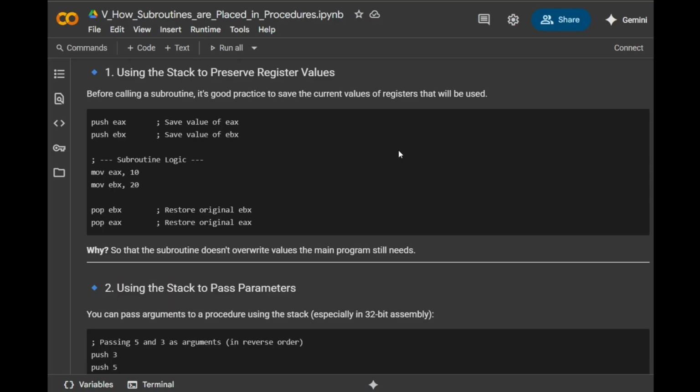Before calling a subroutine, it is good practice to save the current values of any registers that the subroutine might use. For example, push EAX saves the value of EAX. Push EBX saves the value of EBX. Then, inside the subroutine, you can use these registers. For example, MOV EAX, 10,